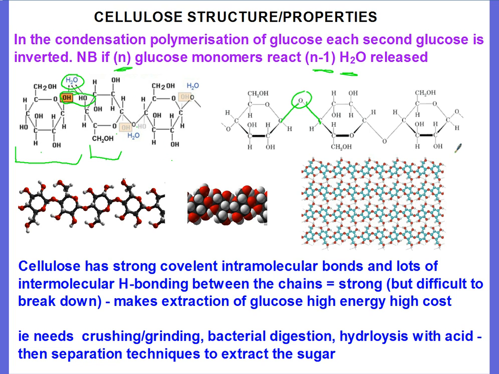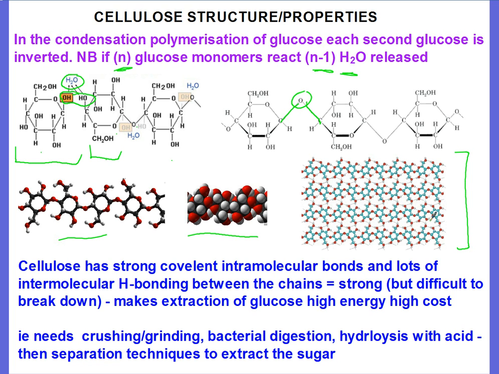These pictures here are just showing you a whole lot of pictures of cellulose. Here's like a ball and stick model. Here's what it actually probably looks like with the atoms very, very close together. And here's a whole lot of cellulose chains side by side. It might be hard to see, but they fit together quite nicely. And all these hydroxyl groups sticking off the outside of the cellulose make very strong hydrogen bonds between the cellulose